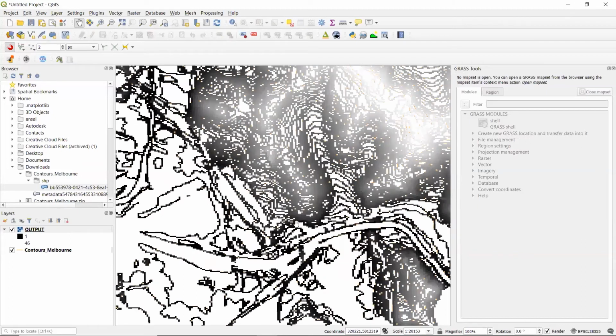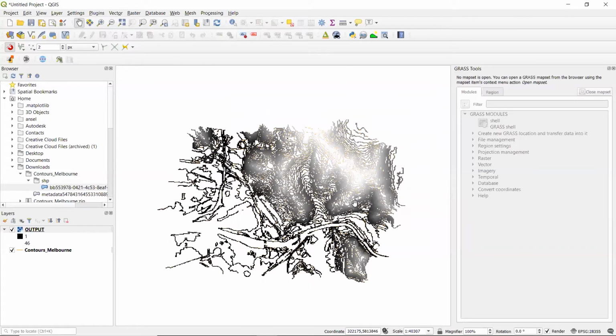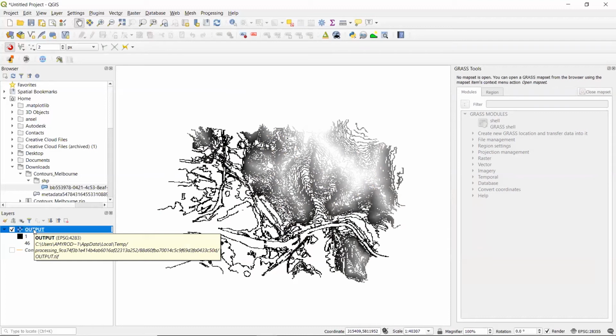And there you have it. We can now see our rasterized layer in our viewport. We can now change the default black and white color rendering if we would like by double clicking on the output raster layer